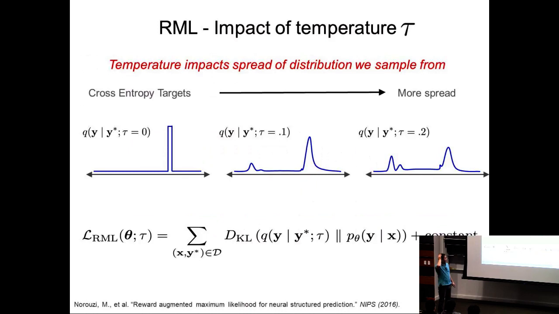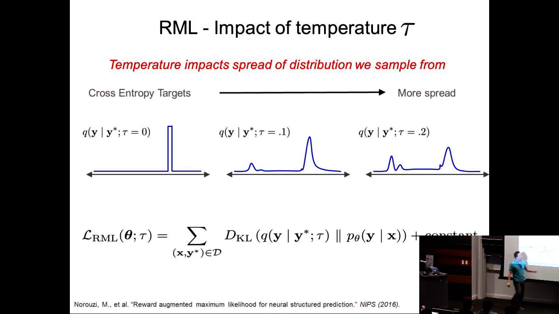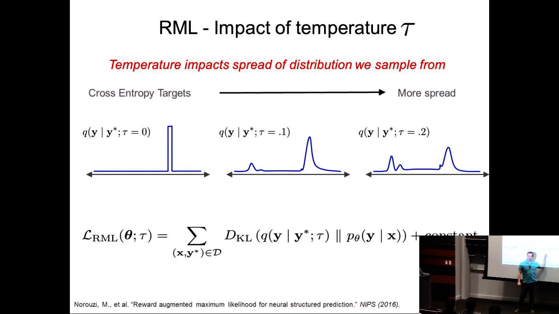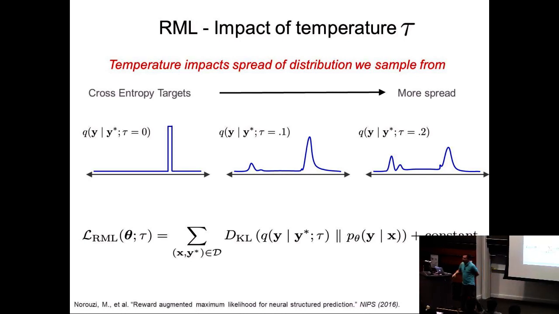And this works fairly well in some cases. In some cases, it doesn't. It depends on how you augment, how you come up with this distribution. Sometimes just predicting the correct one and saying everything else is incorrect is good as well, if you don't have a good prior of how to modify your targets.